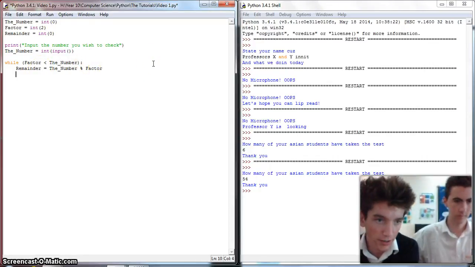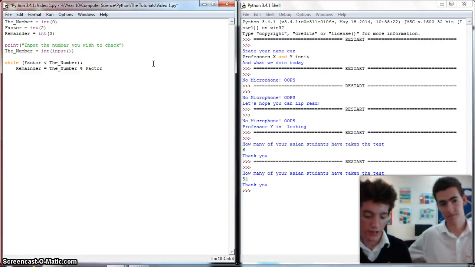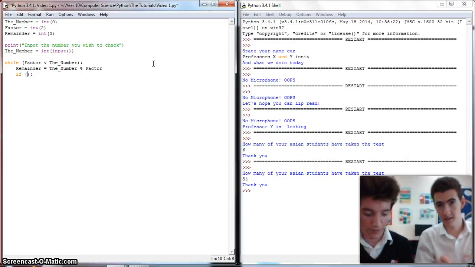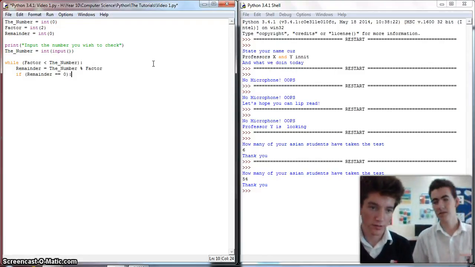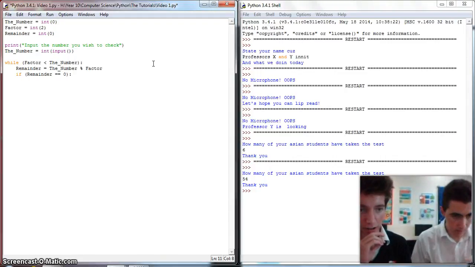So what we'll do is factor is equal to 2, right? So we need an if statement in here. You could call this an embedded if. It isn't nested because it's not nested in another if. And what we'll do is we'll have if remainder is equal to 0, which is probably the best tip we've given. If the remainder is equal to 0, then